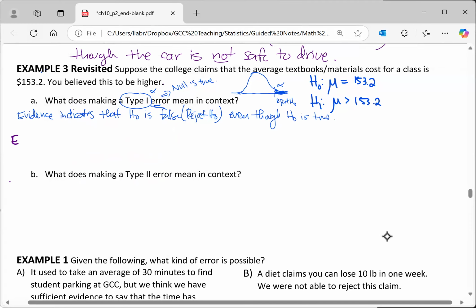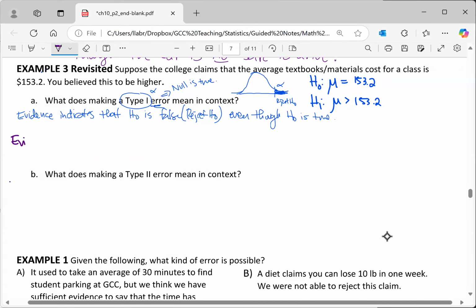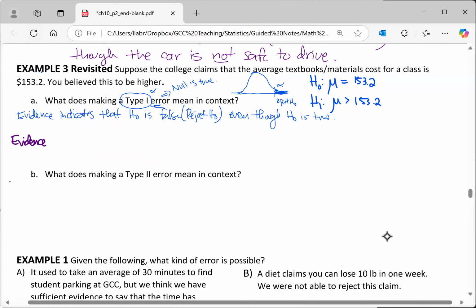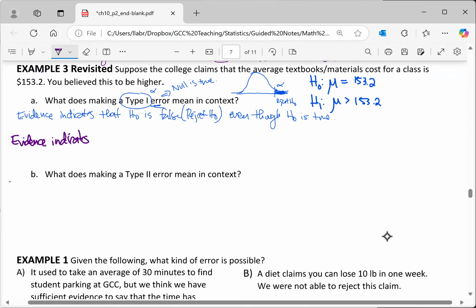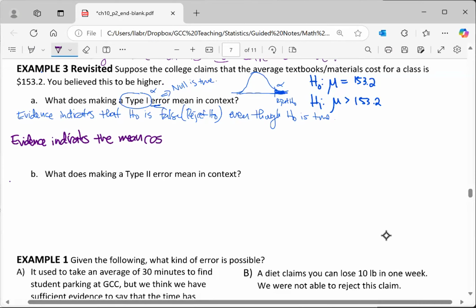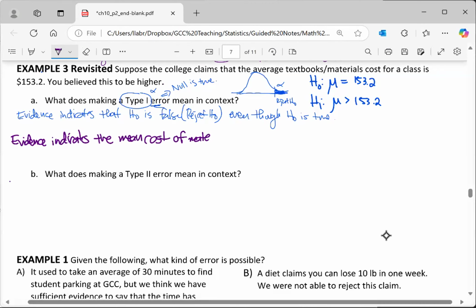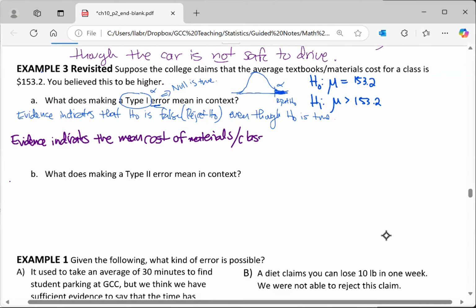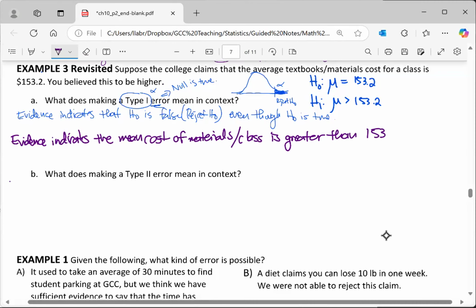So evidence, so this could be your semester, indicates the mean cost of materials per class is greater than 153.2,